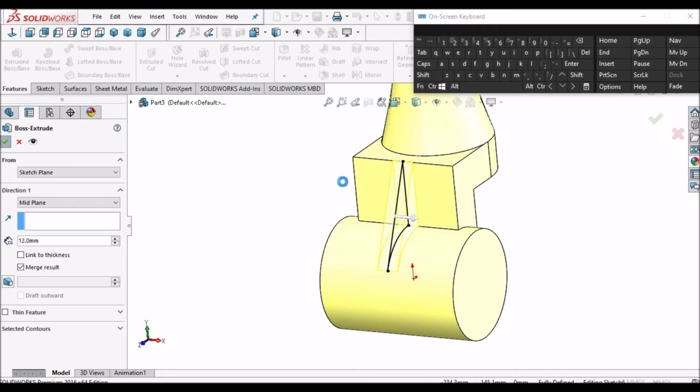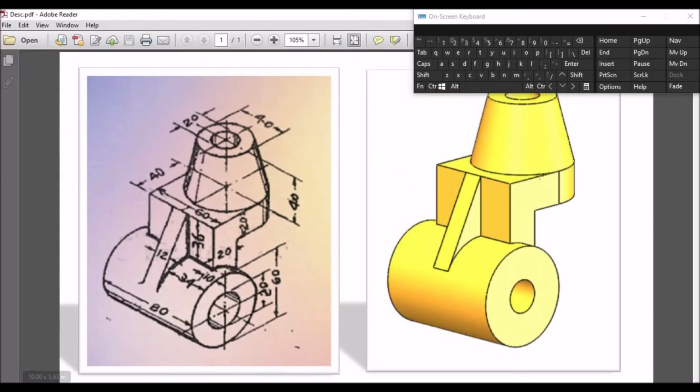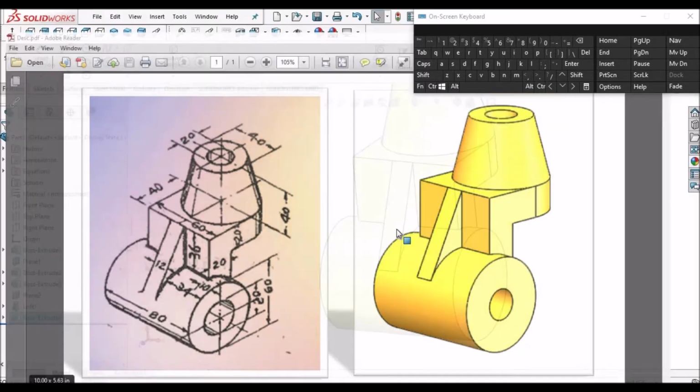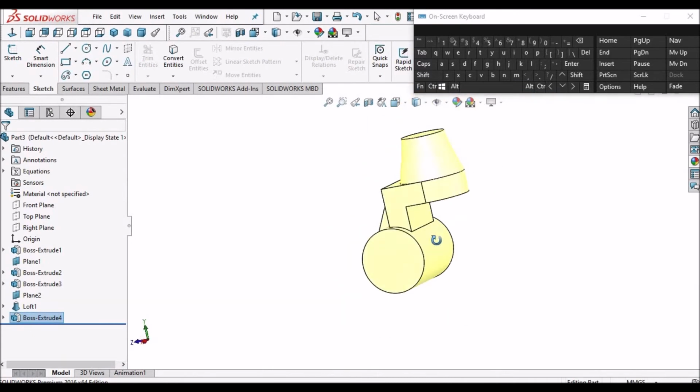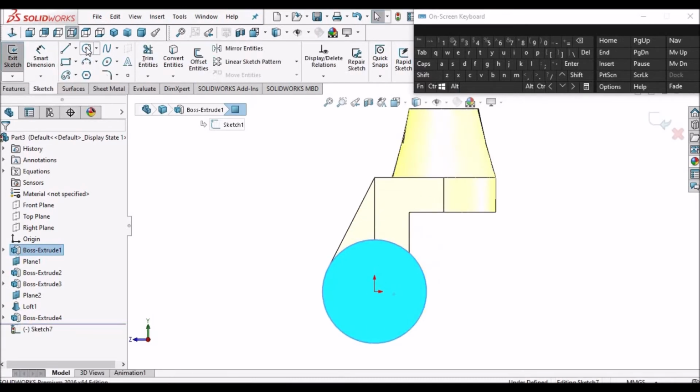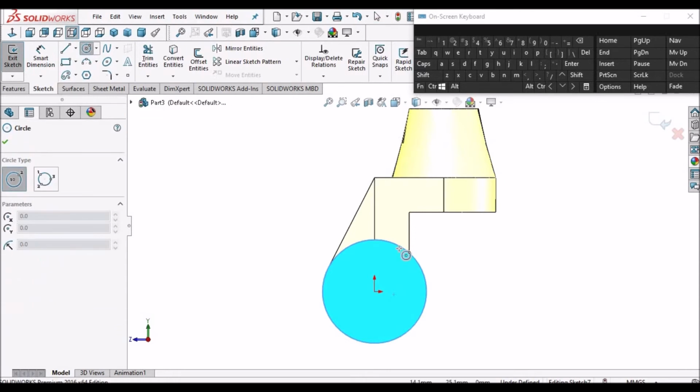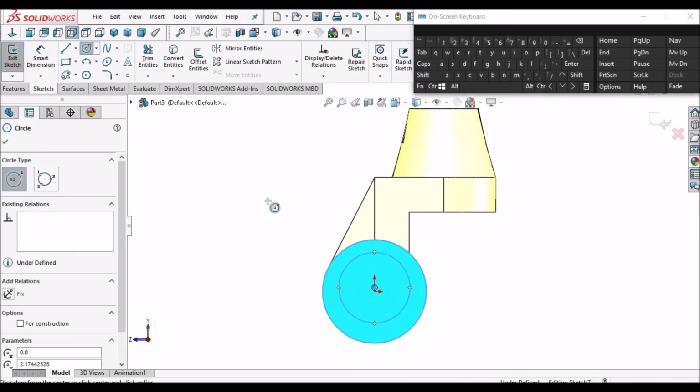So whenever we create a model, first we have to create addition of material. So whatever the addition of materials I have done, now I have to go for hole features. So this hole is 20. So I select this face, go to sketch, keep it normal, select the circle and move to the circle, and you can see the origin.